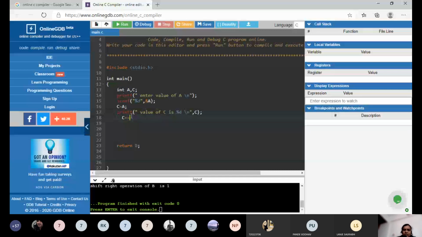The value of C is, okay. Now what should be the value of C if I put the value of A equal to 3, after this second command, C plus equal to A? If I take the value of A equal to 3, what should be the answer of C?